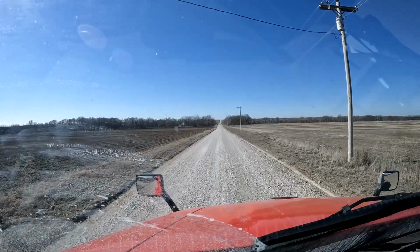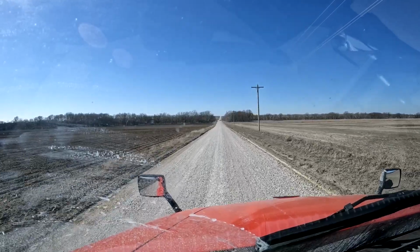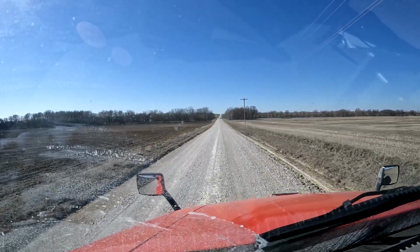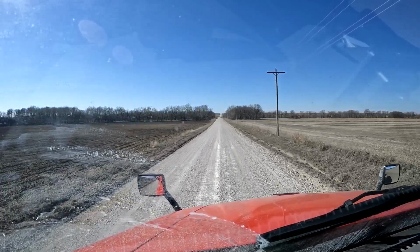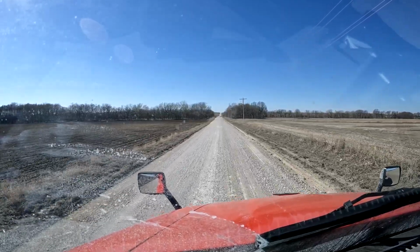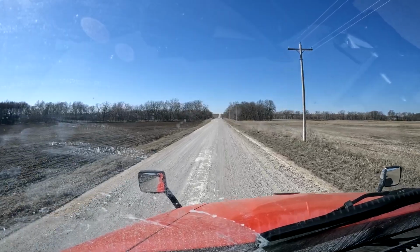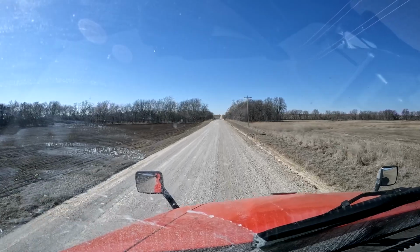We are just out in some Kansas. Look at all the, what kind of bird? I thought those were doves, but I don't think they're doves. They're not doves. Those might be quail. Man, lots of them. Anyway, sorry I got distracted there. But some kind of farm, I'm not sure, cattle farm or what, but